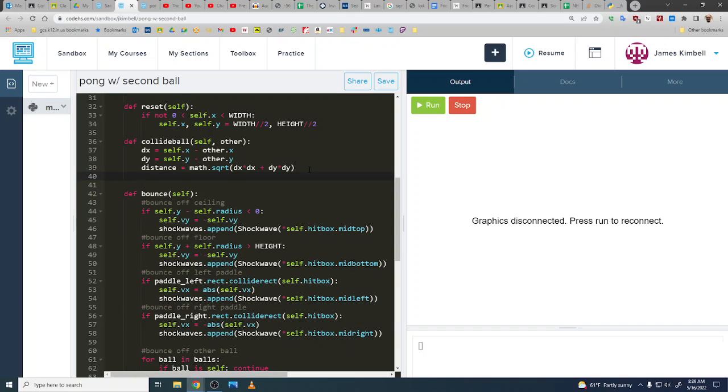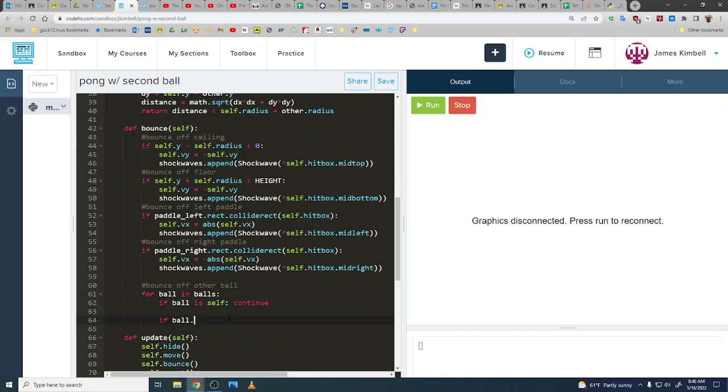And then we can say if distance is less than self.radius plus other.radius, then, or no, we can just say return that, because it's going to return true or false: are we close enough to bonk the other? Now, this is horrible. I don't like it. Let's think of a way to make it better, but let's try it first and then go from there. So if ball dot collide ball with self,